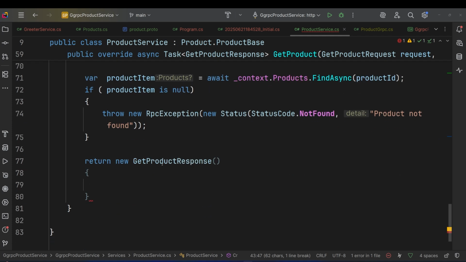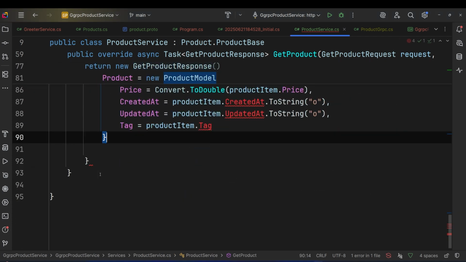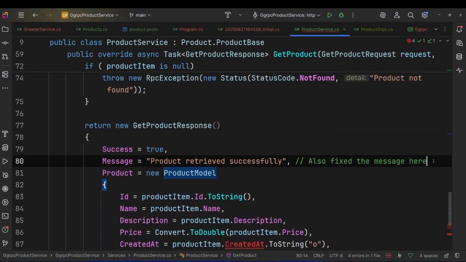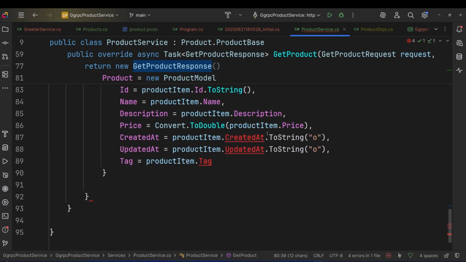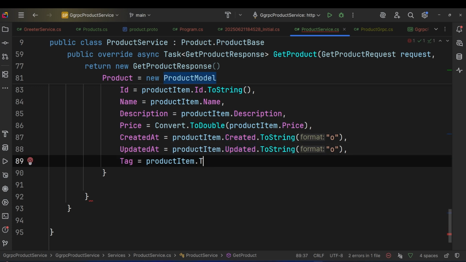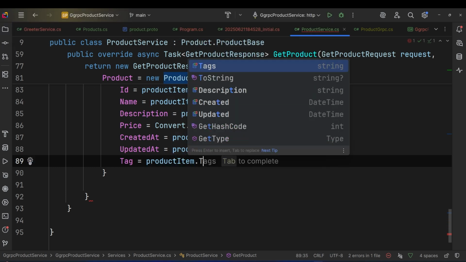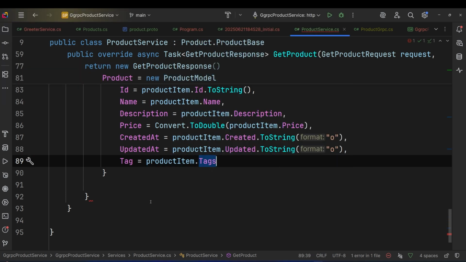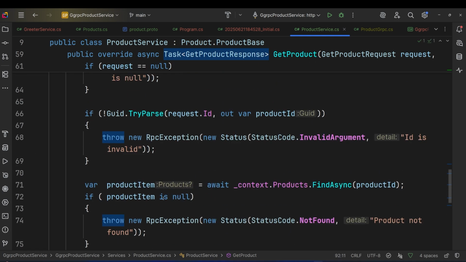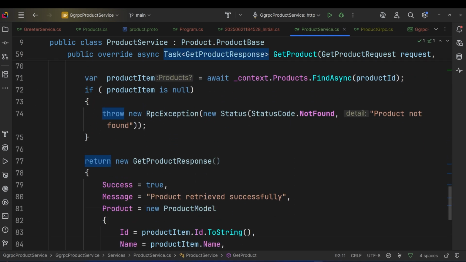So we can copy this, and then we come here, and then we have this, right? So this is a message product which is successful. And then in here, what I can do is I can see that this is created, and this is also created, and then here we probably have tags, sorry, and then that is it. So let's terminate this. So this is basically us trying to get a product by ID,